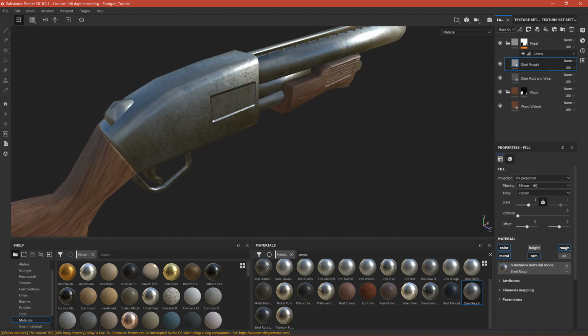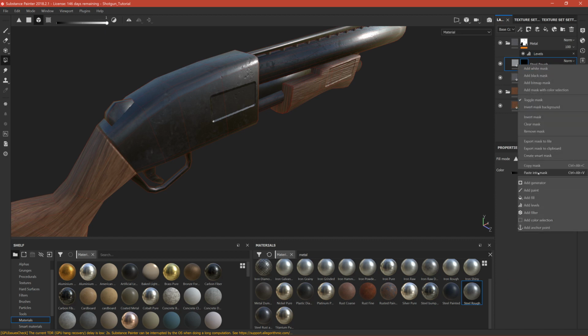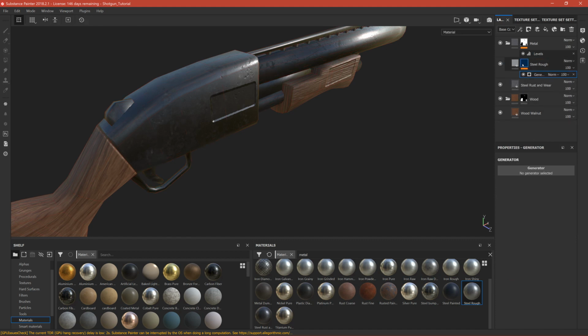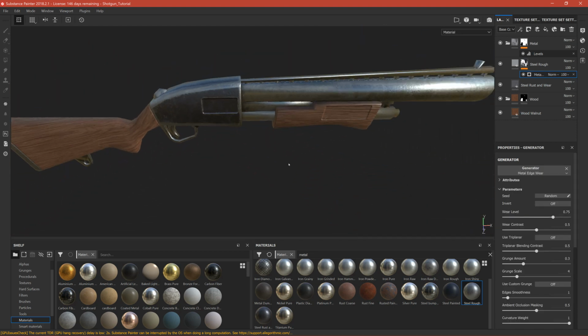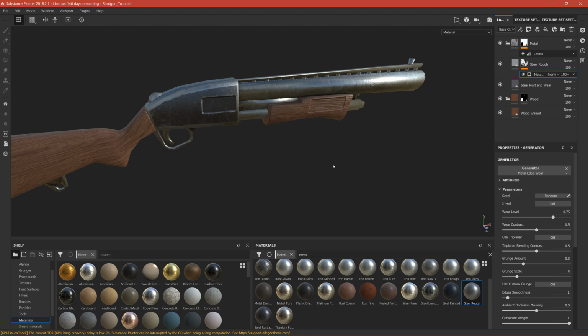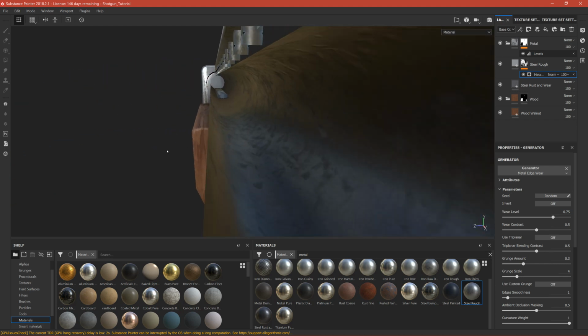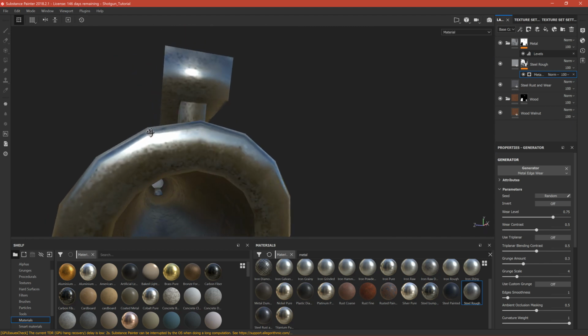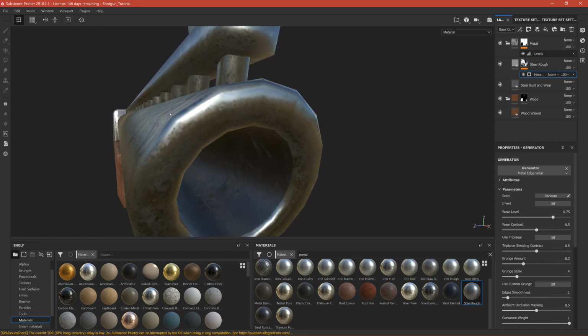So let's right click on it, let's add a black mask so nothing will be visible, and let's click add generator on the mask, and search for metal edgewear. And as you can see, it added the edgewear on the edges, but there's a problem because on the barrel, as you can see, everything is in that color, basically because it detects that here we have an edge that is bigger than some angle,